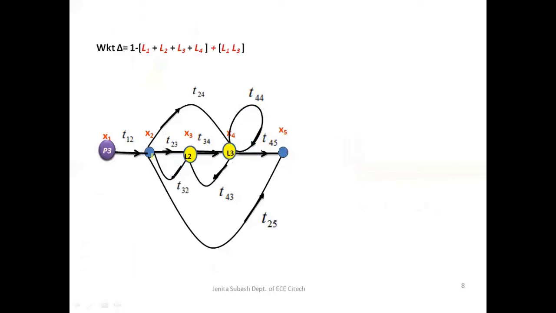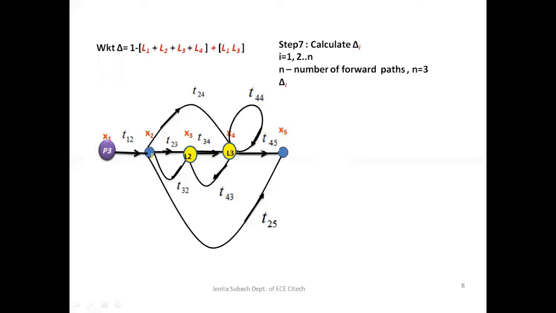Then finally, step 7, we have to calculate delta i. As I told you before, delta i is the value of delta which is not touching the ith forward path. So let us find out what n is. N represents the number of forward paths. In the signal flow graph, we have 3 forward paths, so n is equal to 3. We are supposed to calculate for i ranging from 1 to n, so i equals 1, 2, 3.